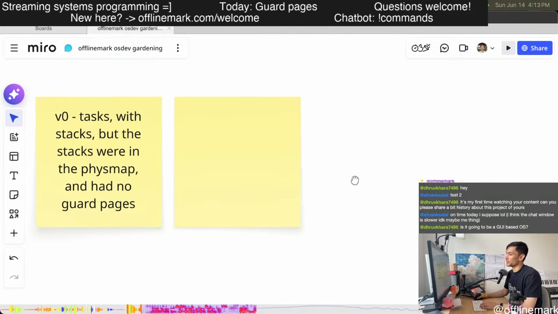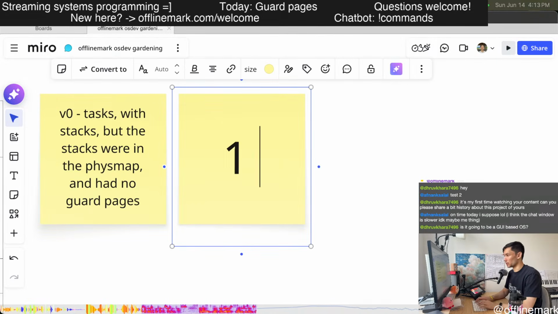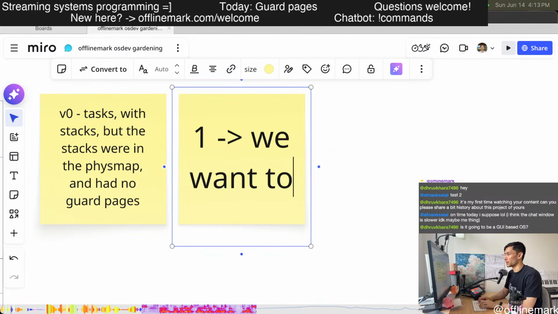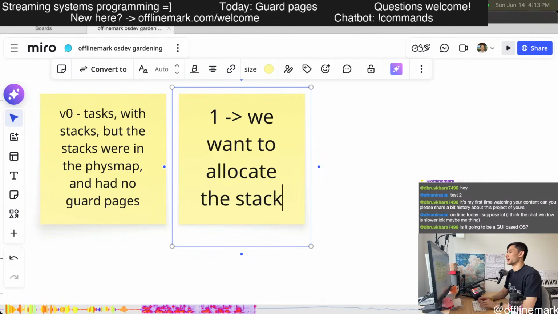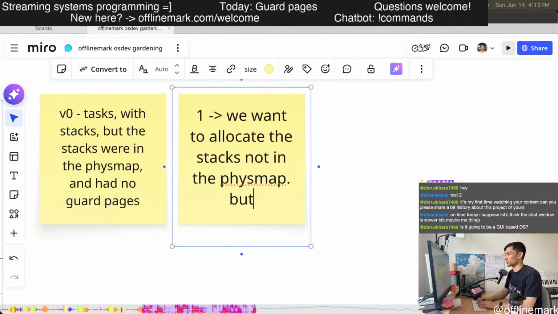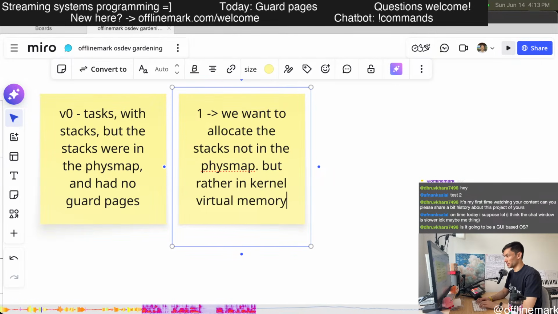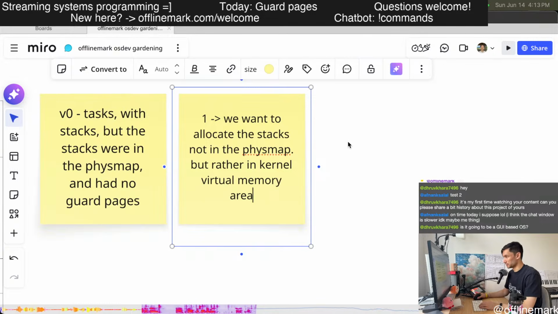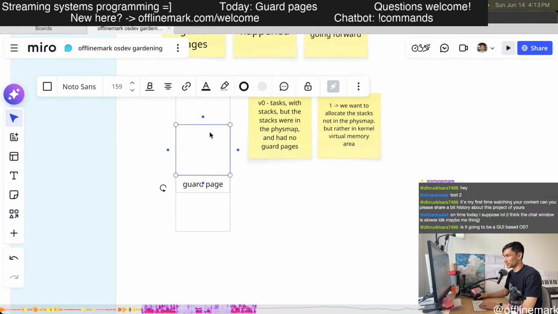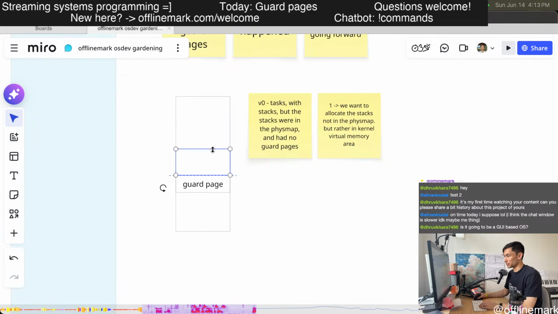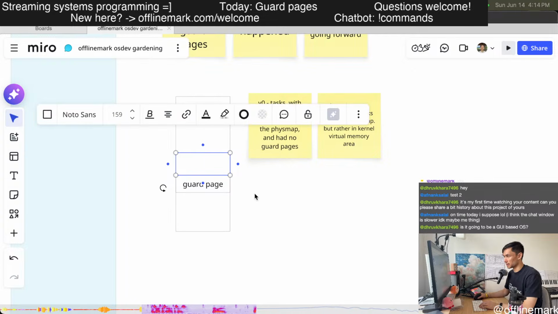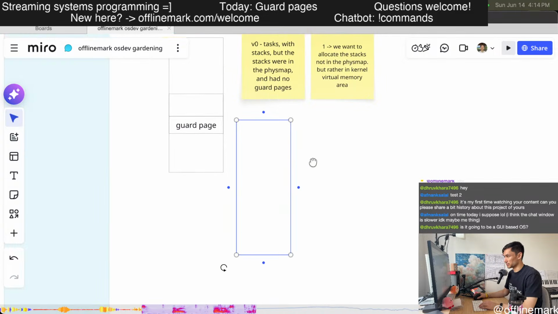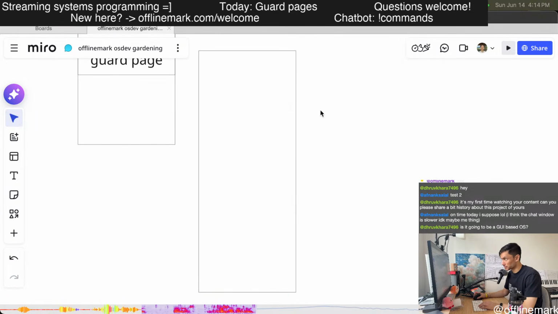So this was the initial prototype of scheduling and tasks. And then the idea is we want to do two things. One, we want to allocate the stacks not in the phys map, but rather in the kernel virtual memory area. Let's pretend this is all of virtual memory.